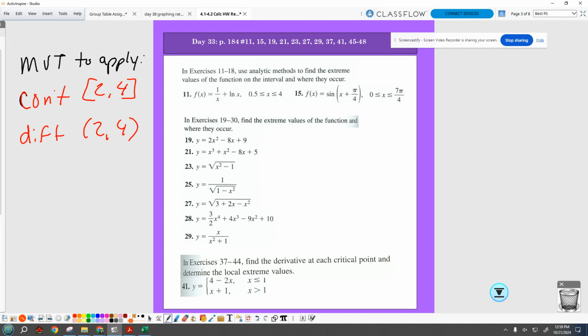All right. So that's 4.1, 4.2. 4.3, which we have yet to do tomorrow and Wednesday and Thursday. Then you have a quiz. You guys have the choice to have the quiz on Friday or Monday. Talk about it with the people at your group. And write on your little whiteboard if you want it Friday or Monday.